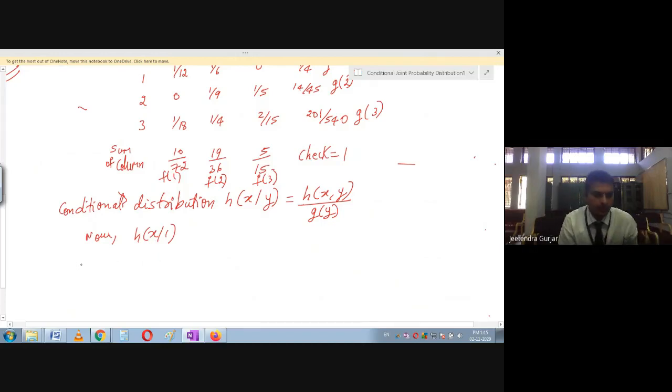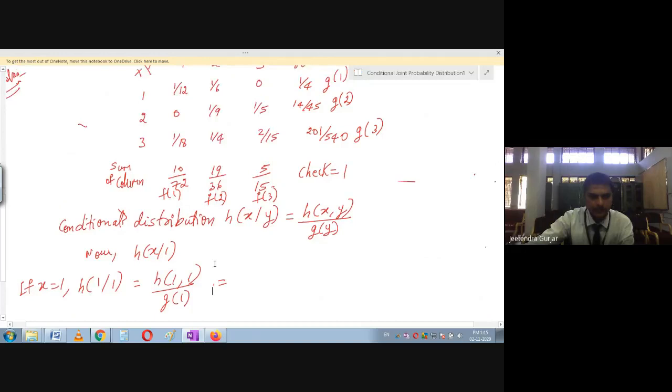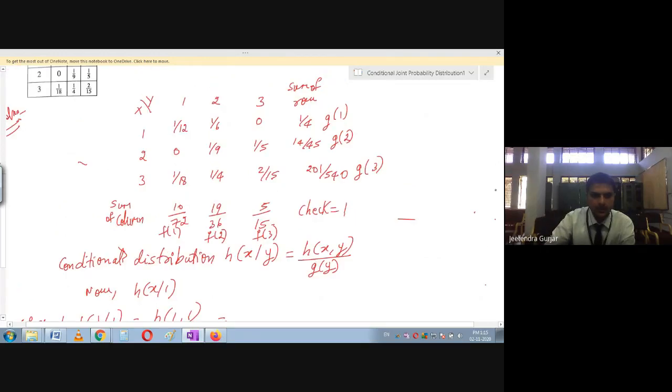So we see one by one now. First I am going to calculate for h of 1, 1. That is, x is 1 I have taken here. If x is equal to 1 students, now you can see here, this is h11 divided by g of 1. Now can you please find out what is h11? Yes, go through the table. What is the h11 students? Already I think you have come across this h11. I'm going to take here h11. We are going to take here j11. Please remember.